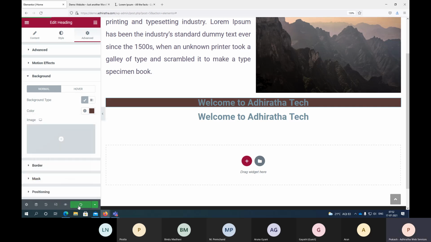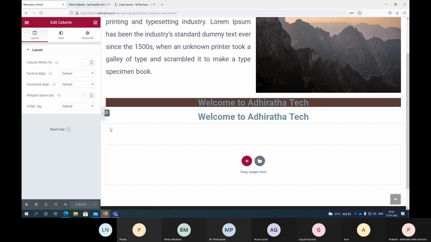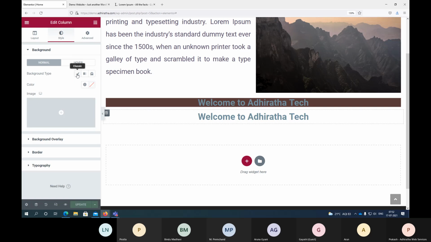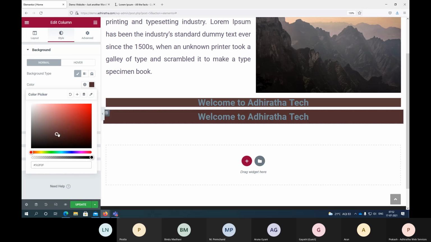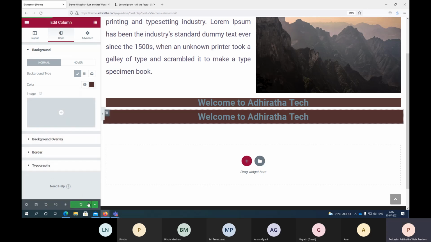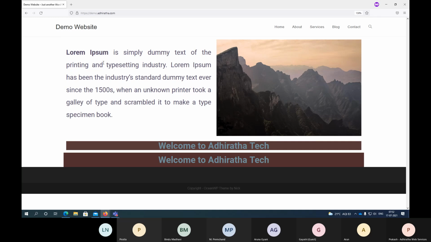Okay, something like this I added. Here, I'm adding a different place, right? Now, can you see the difference here? Okay, let me open here. Okay, see, try to find the difference here.